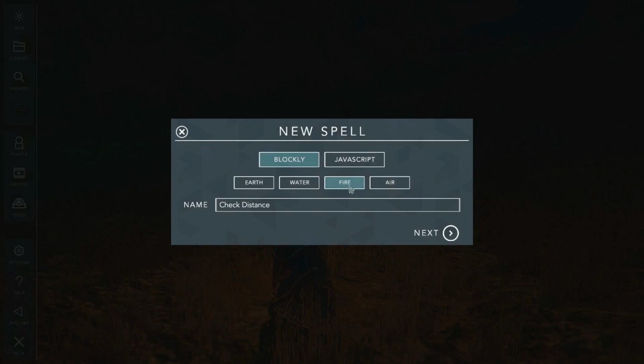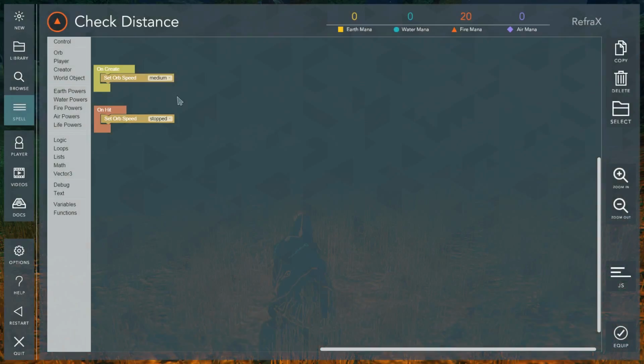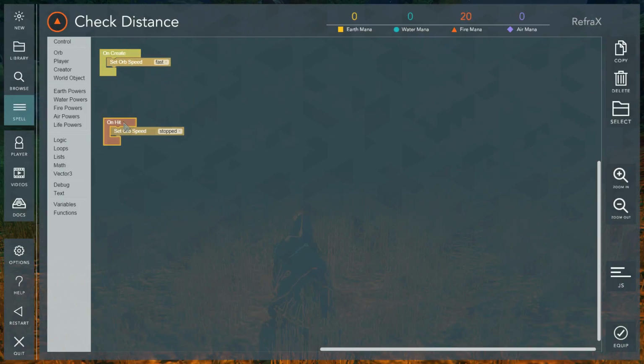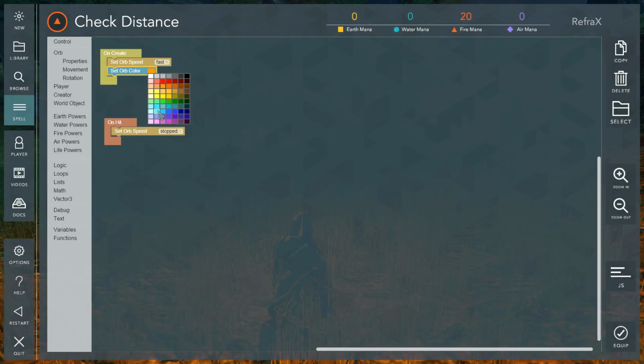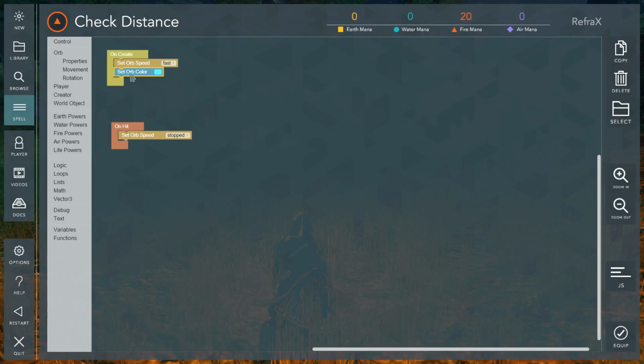We're going to create a new spell, fire, we call it checkDistance. Initially we want the orb to move fast, and when it hits something we want it to stop. We're also going to initially set the orb's color to cyan, just to make it different from the other colors that we're going to use later. By the way, this block here allows you to change the orb's color. Okay, so once it hits something, we want to check how close it is to the caster and then change